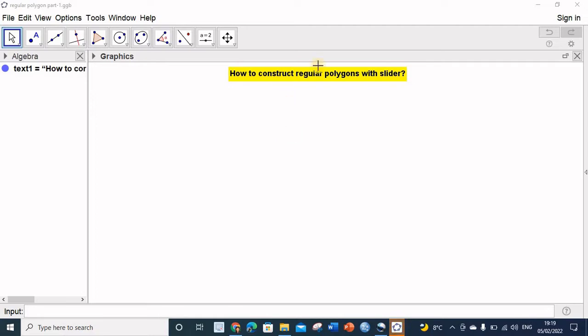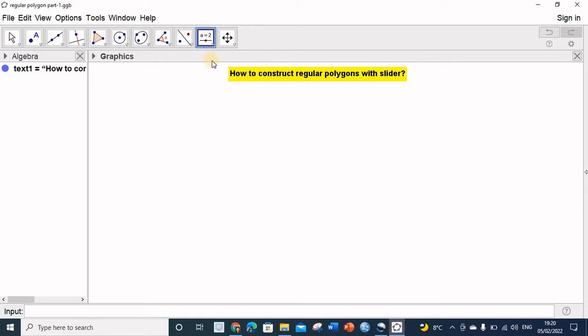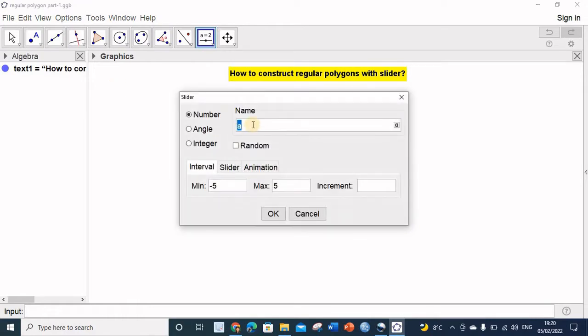Today I am going to discuss how to construct regular polygons with the help of a slider, and the slider is the number of sides here. So select the slider tool from the second last button, click anywhere on the screen, write the name of the slider as n, and the regular polygon